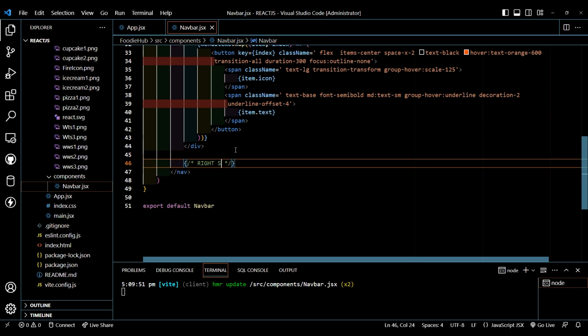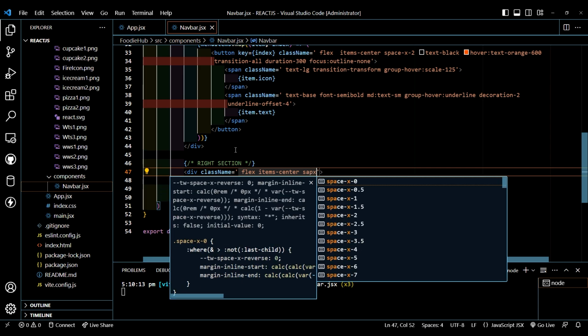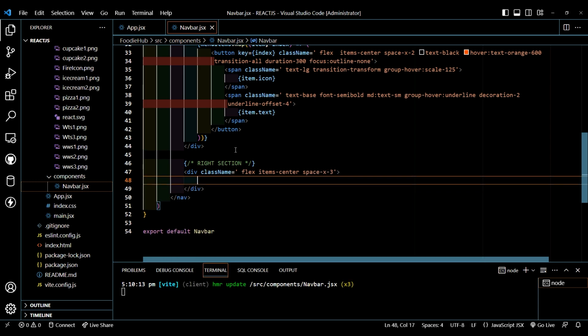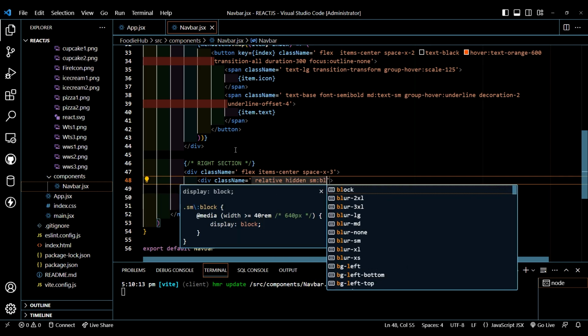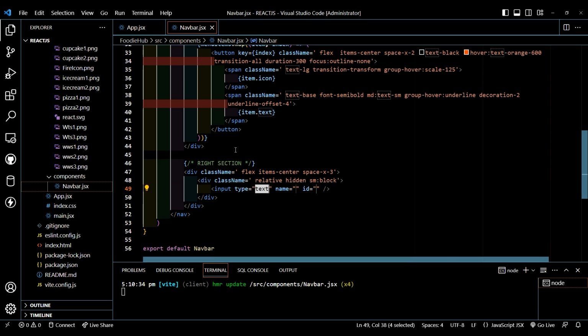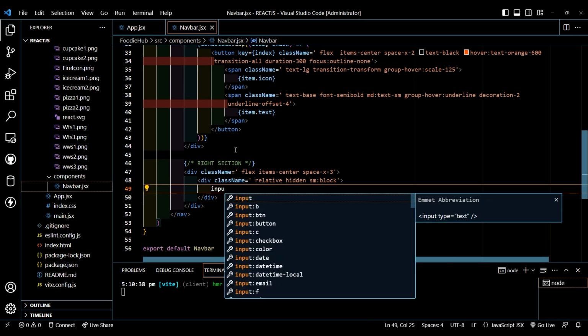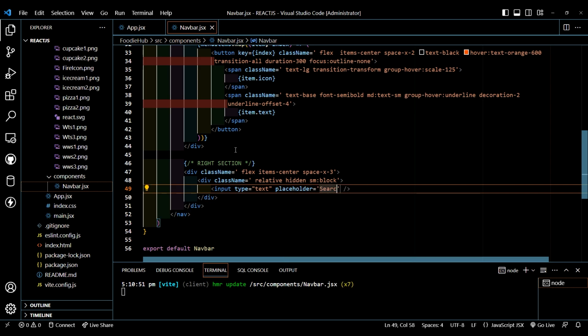Now close this div and create right section. Create another div, class name will be flex, item center, space from x-axis will be 3. Let's create another div, class name will be relative, hidden, for smaller screen it will be block. Let's create an input tag, type will be text, placeholder will be search,